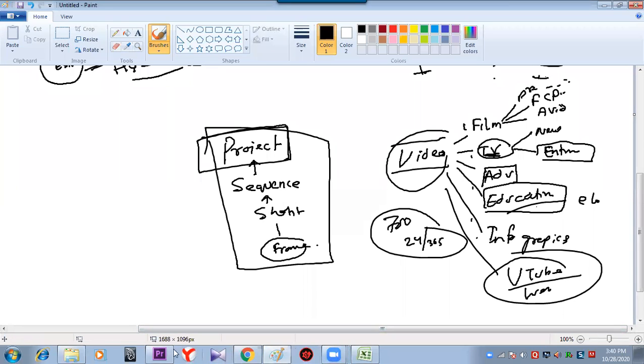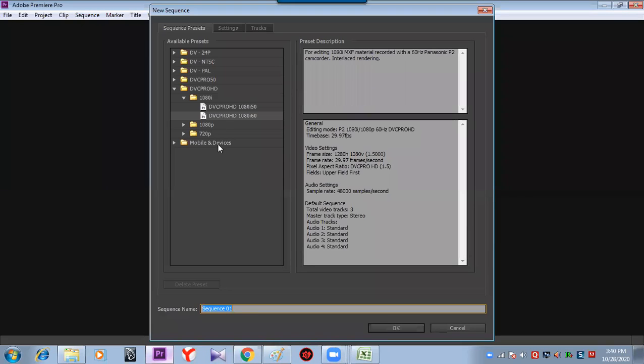Fine then. So let us open the software. The software will ask you where you want to work. Show me the sizes. And the first two sizes, can you see here? NTSC and PAL. It is for broadcasting, the television industry. NTSC is the US broadcasting standard size. This is the Indian broadcasting standard size. NTSC and PAL. 720 by 576 is PAL.